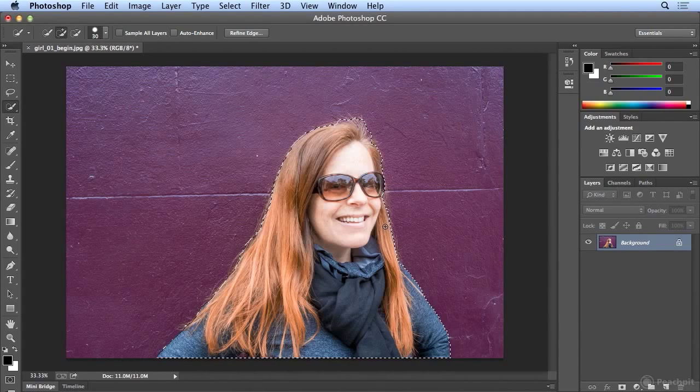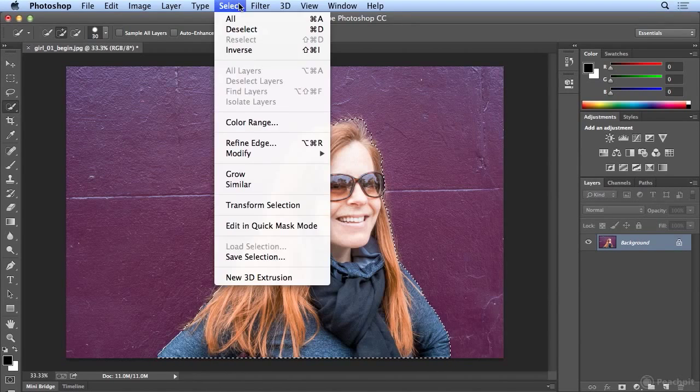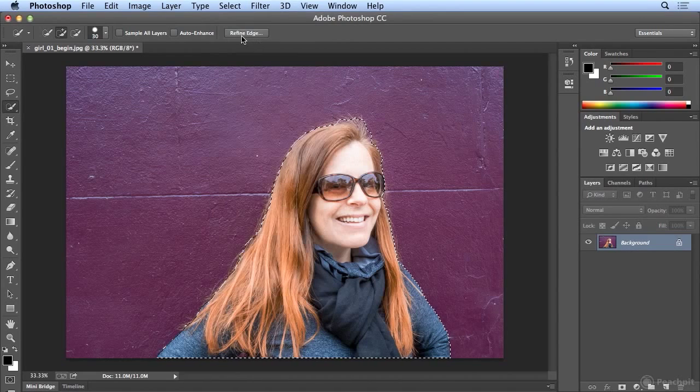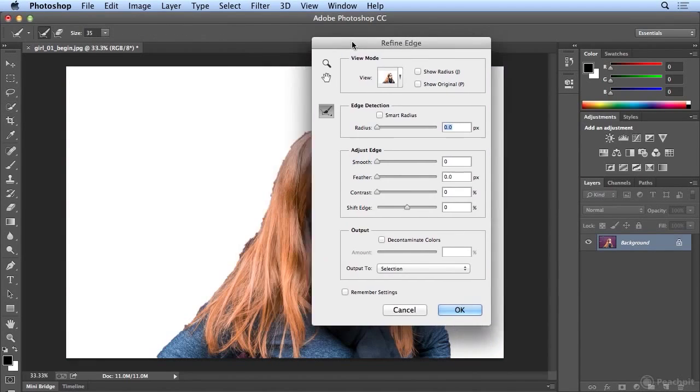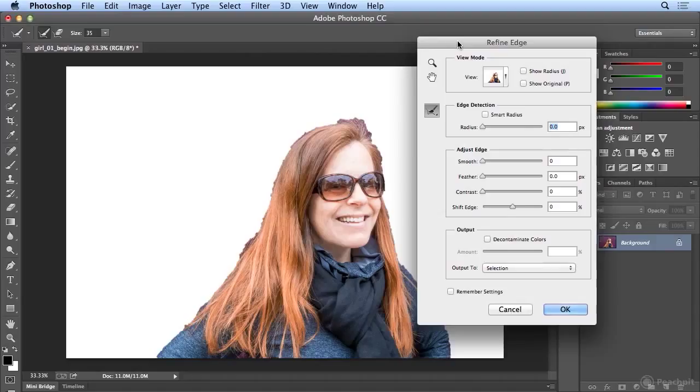I never remove a background or composite images pulling different ones together, or really finish a selection without doing Refine Edge. Refine Edge is this handy button added a few versions ago. You can also find it under Select and Refine Edge. But I like to use just the button. So one click on Refine Edge will show me my original selection. Again, not the best. However, here's the magic.